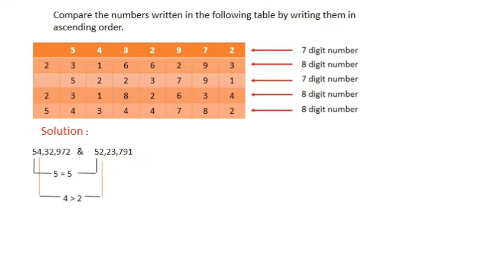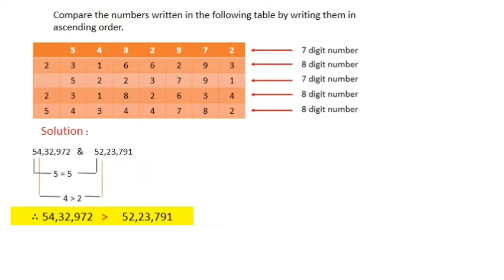We write it down this way. Now students, we got the two smallest numbers. Now the next numbers we have to compare are the 8-digit numbers. Here we have three 8-digit numbers. Now if you see the leftmost place, here it is 2, here 2, and here is 5. So obviously these two numbers are smaller as compared to this. 5 is the biggest number here.